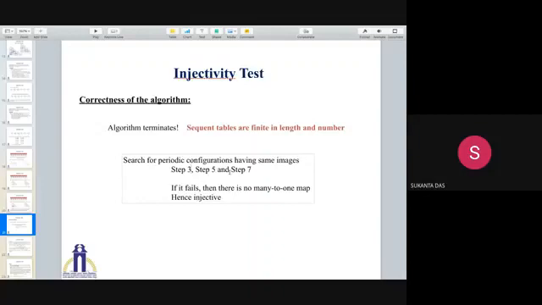So this is your home task: to formally prove this part. Okay, you prove this formally. I have said the logic of proving it. You can prove it by contradiction or any other method. But anyway,